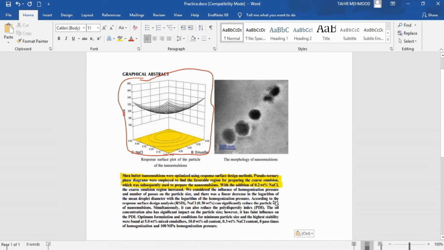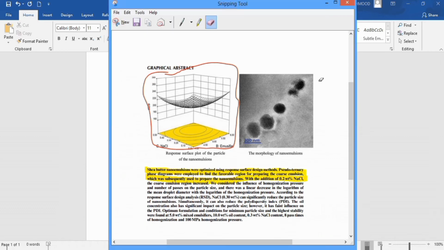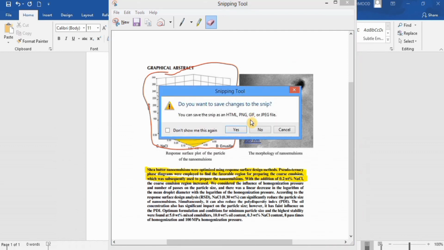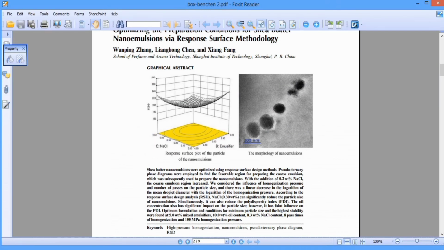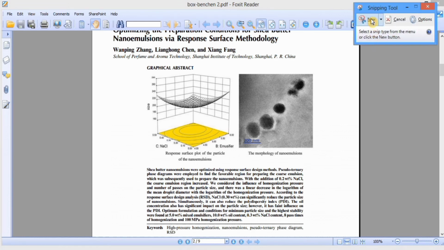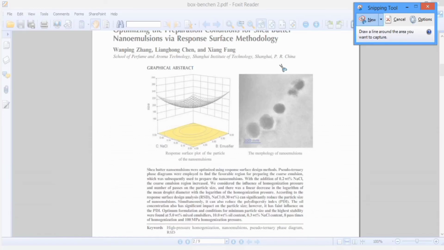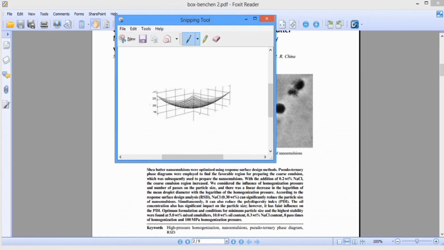Additionally, if you want to take a screenshot of some file with an irregular shape, you can also do that. Go to here, again open Snipping Tool and select New, and from here you can select Free-form Snip. For example, I want to take a screenshot of only this area. Now you can observe that the selected area appeared here and we have taken the screenshot of that area.